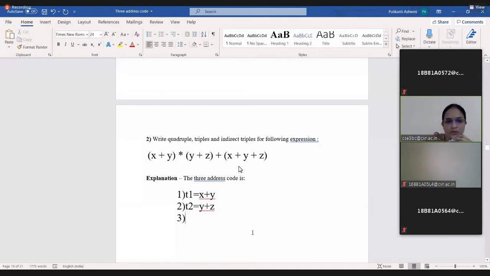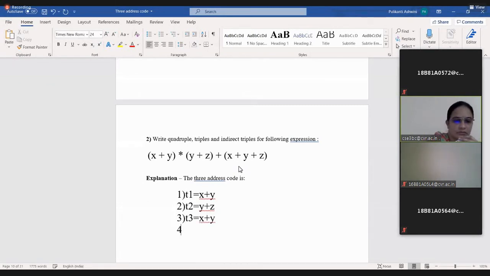So here I can take t3 is equal to x plus y. This x plus y is already available in t1, right? Directly we can take it like that, or else I can take t3 is equal to again x plus y.